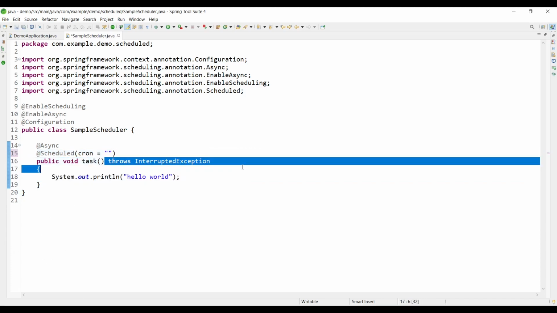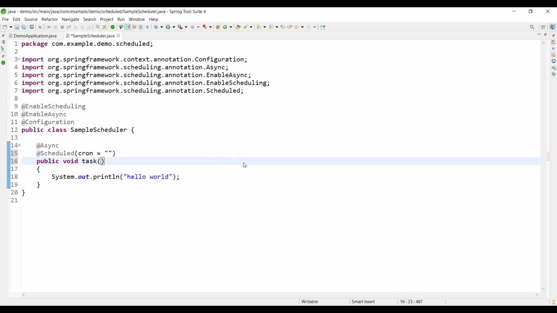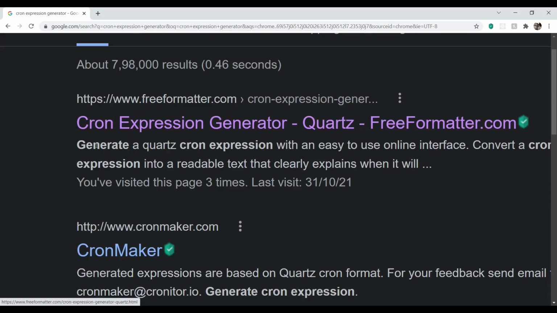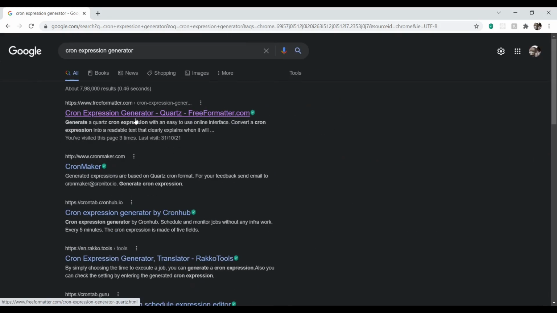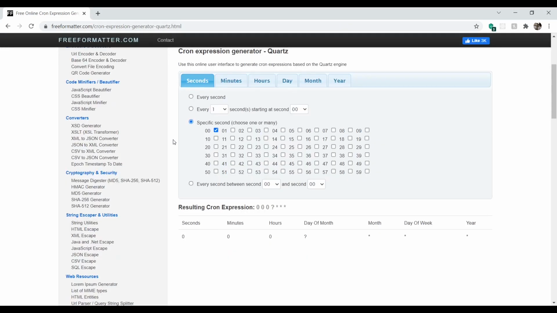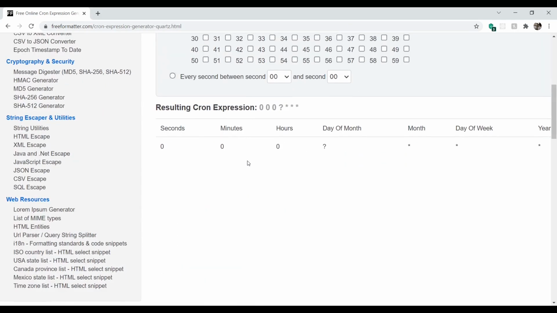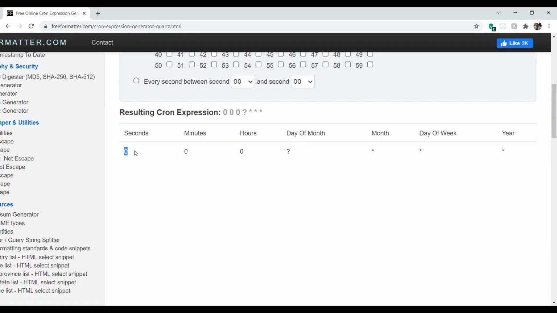So this might not be a tutorial for cron expression, but let me tell you how this works. To check any cron expression, you can just go to a cron expression generator on Google, and you can check this link, freeformatter.com. I will add it in the description. So a cron expression is basically a string. It contains 6 to 7 entities. The first describes that it's seconds, the second is minutes, the third one says that it's an hour, and so on till this one. So Spring Boot's cron expression expects 6 entities.